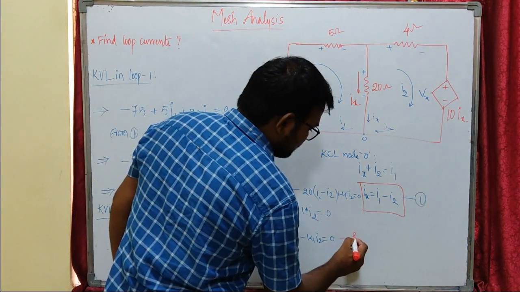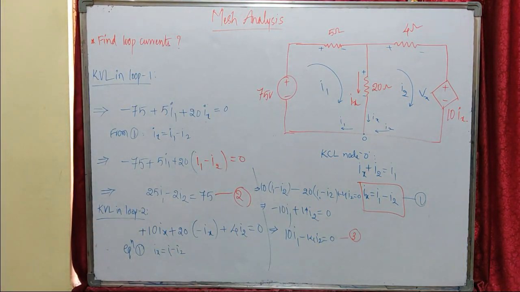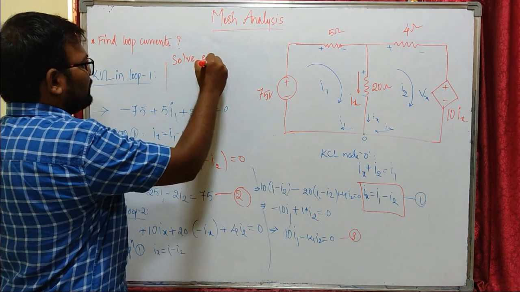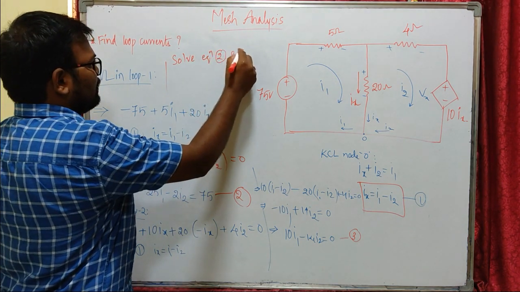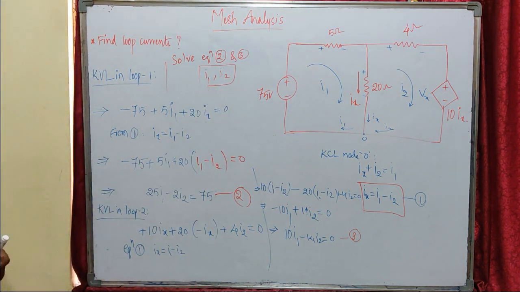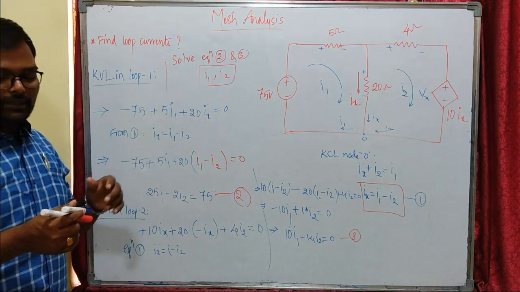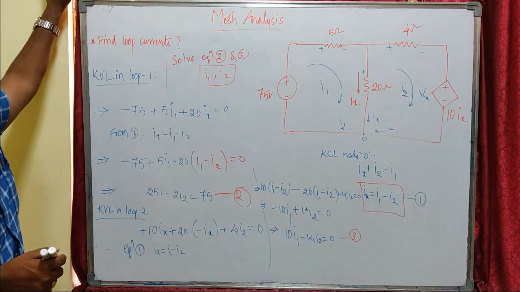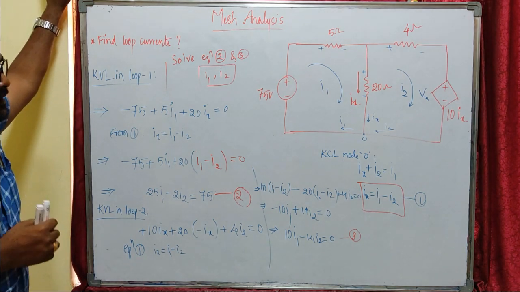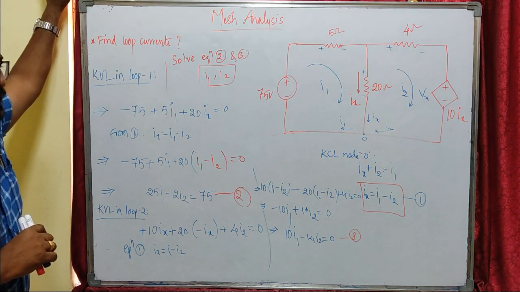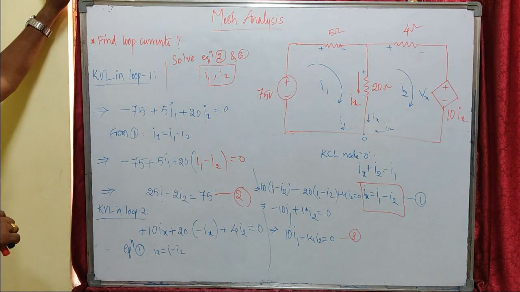So if you solve our second and third equations, you are going to get values of the loop currents I1 and I2. I hope you know how to solve it. So solve them and upload the notes in assignments. So this is about mesh analysis with dependent voltage sources, and in the next example we are going to take another model so that you can understand the different cases of mesh analysis.